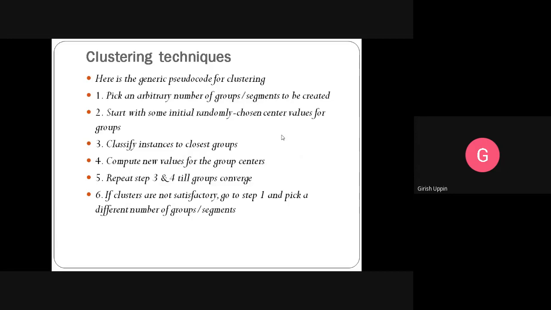Then you are going to classify instances to the closest groups. Let us say you have assumed there are going to be three groups. Then you are going to choose three random values for those groups. Those act as centroids. Then you are going to classify each and every object or data point. You will classify it into one of these three, because you want three clusters. Then once you assign